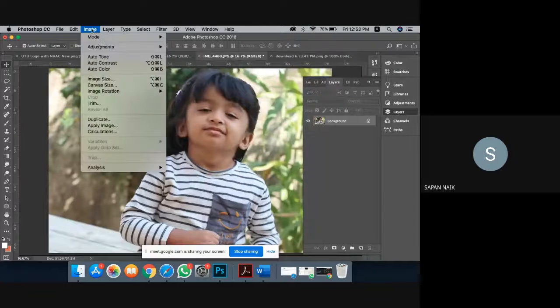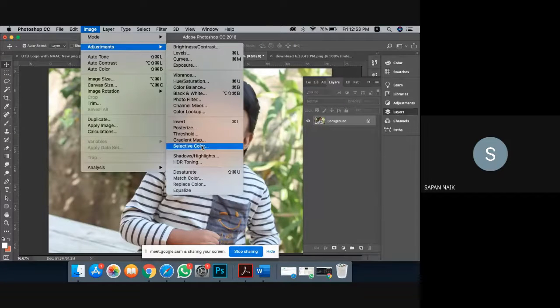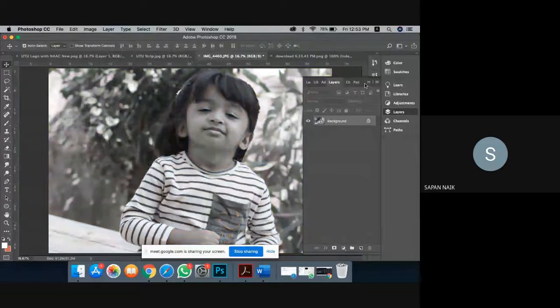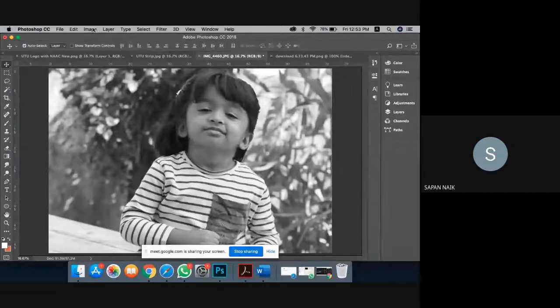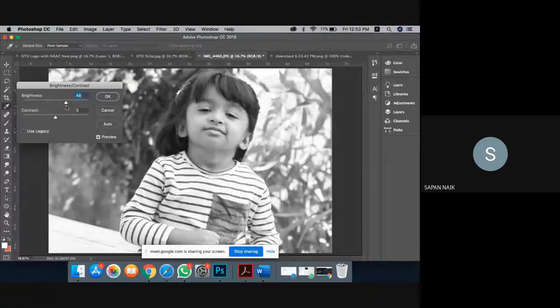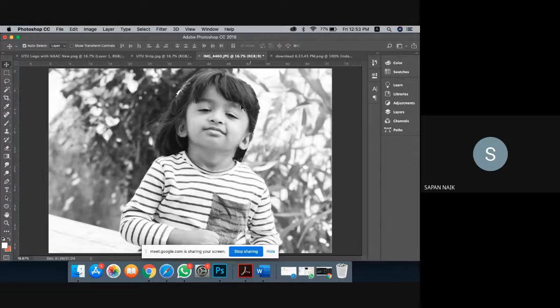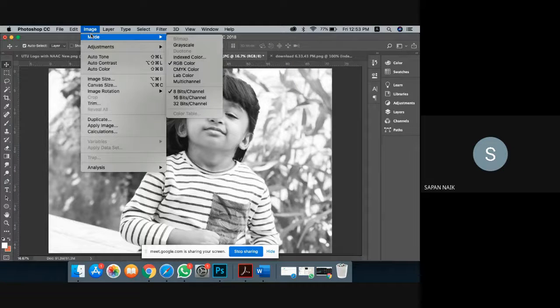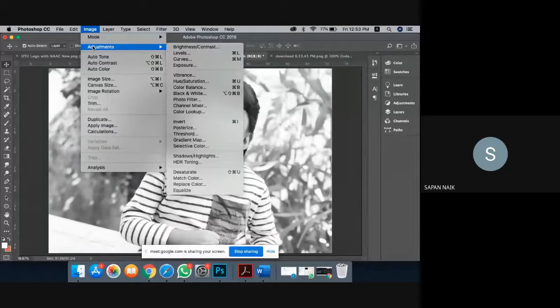Other than this, many of the times you want to make your image black and white. For that, there is a command called desaturate, and directly it will make your image black and white. Now, according to your requirement, you can make it dark or light. That is always possible. So this is what my image will look like now, a black and white image. You can do this with your Photoshop. So this is one mode, desaturate, that you can use.